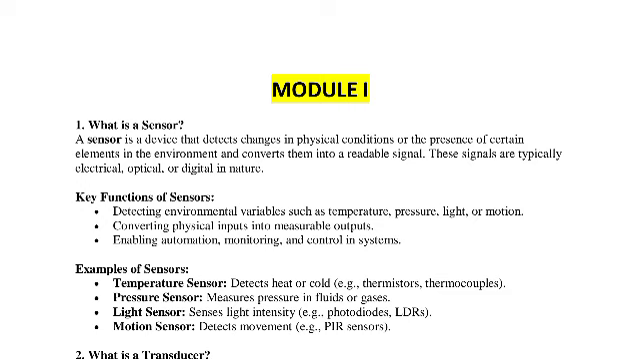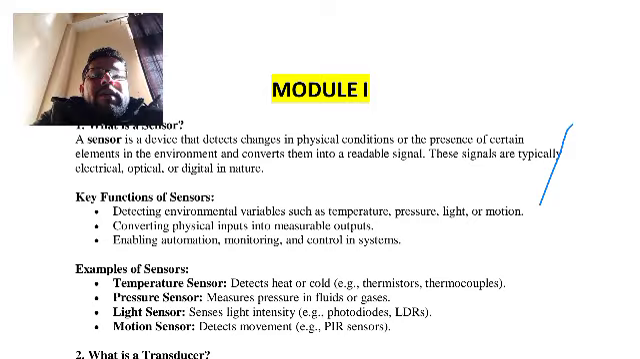First we will discuss the key function of sensors. The key function of a sensor is detecting environmental variables such as pressure, temperature, and motion, and converting them into a measurable output, enabling automation and monitoring and controlling systems. So, for example,